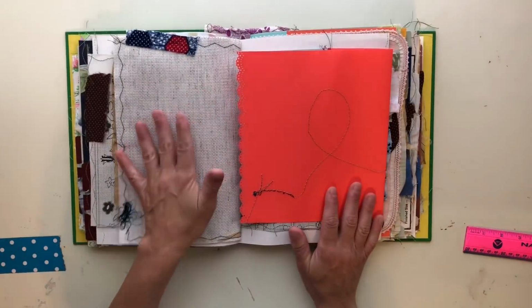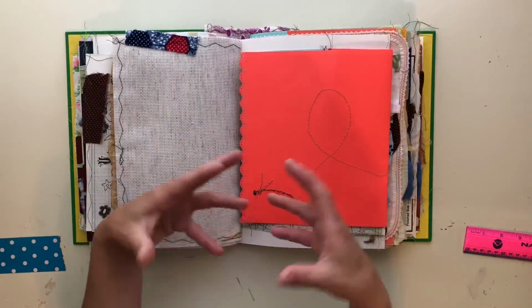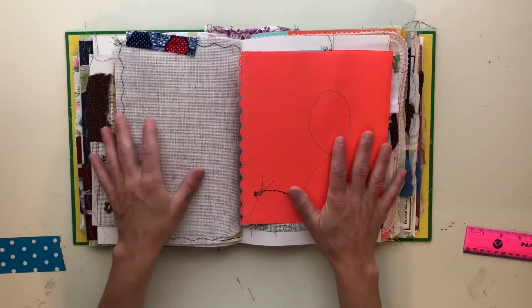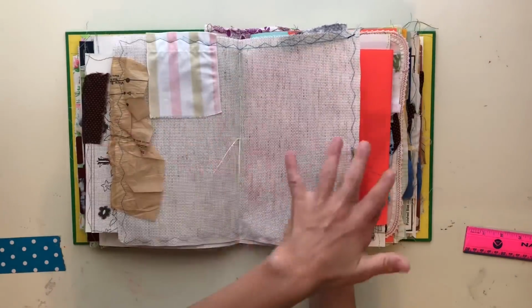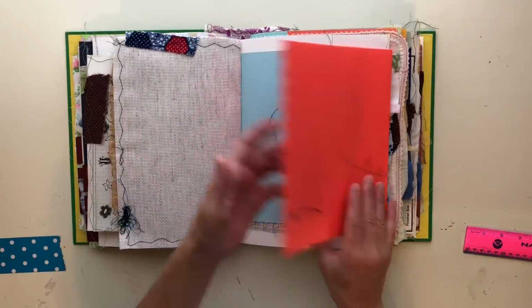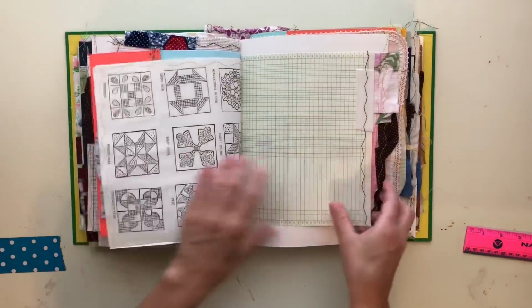And with my Homebodies, I always want them to be a book that's very interactive, that you can actually practice whatever craft, aside from journaling and painting and all that stuff. I really want you to practice whatever craft the book is. So like this one is needlework, so I'd love for you to be able to have a space to practice your needlework. A cardstock that opens up with some free motion stitching,